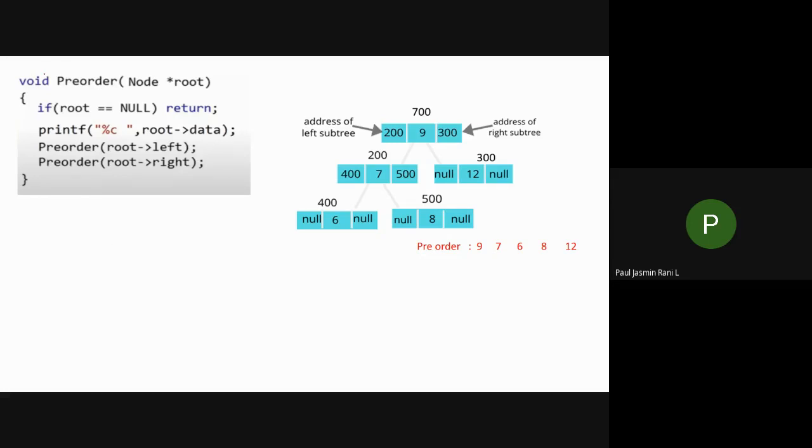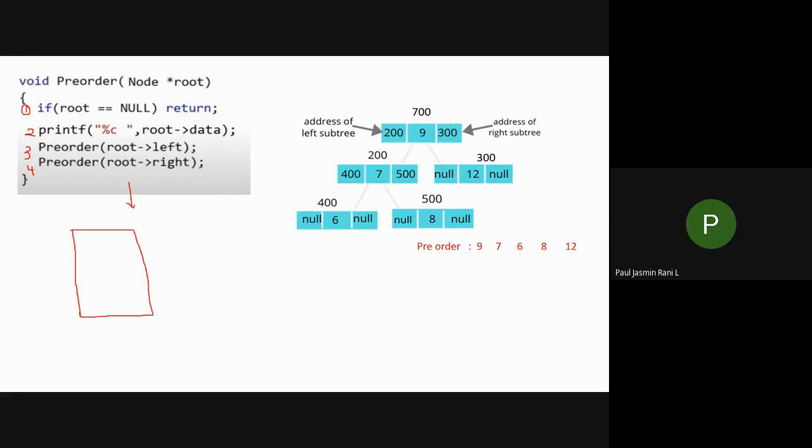So it means that first, this part gets executed, and after this, the if statement is executed. Next, the second statement is print, this statement is executed, and the third one is this, and the fourth one is this part that gets executed, isn't it? So let us assume that when I execute this program, what happens? First I'm going to execute this program. When I execute this program, what will happen?